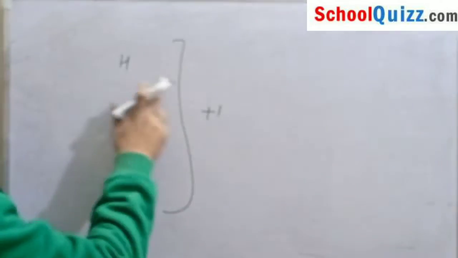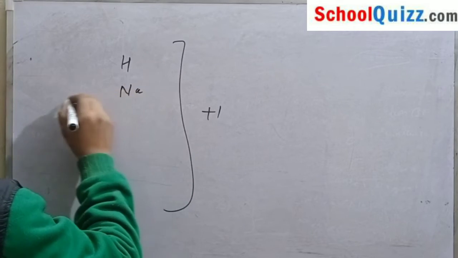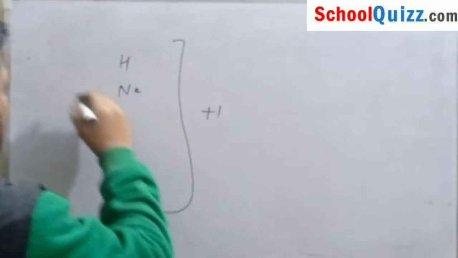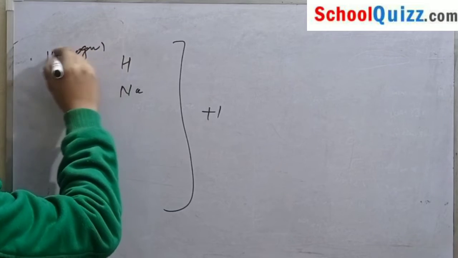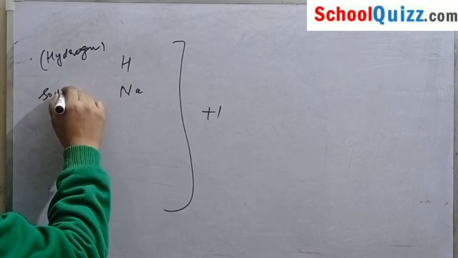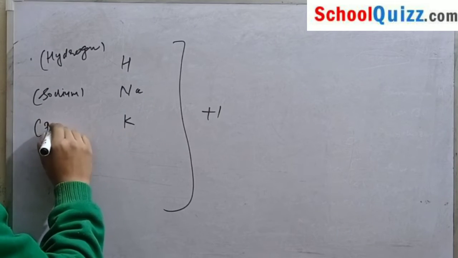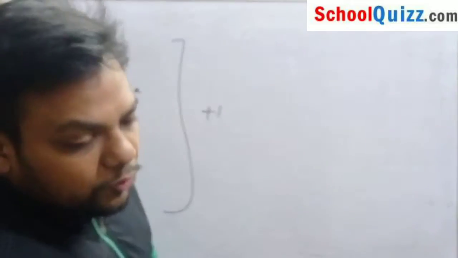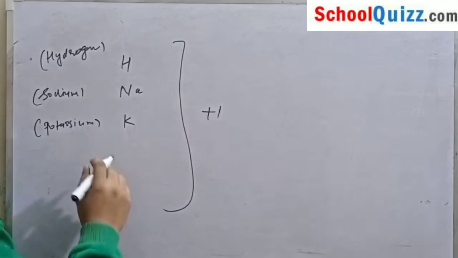Okay. Hydrogen plus one. Next one is our sodium, that is Na. So I will write. If you have any query about which element it is, that is hydrogen. This one is our sodium. Next you have to memorize potassium. These are the plus one valences which we have to mainly deal with in the 9th class. Hydrogen, sodium, potassium,